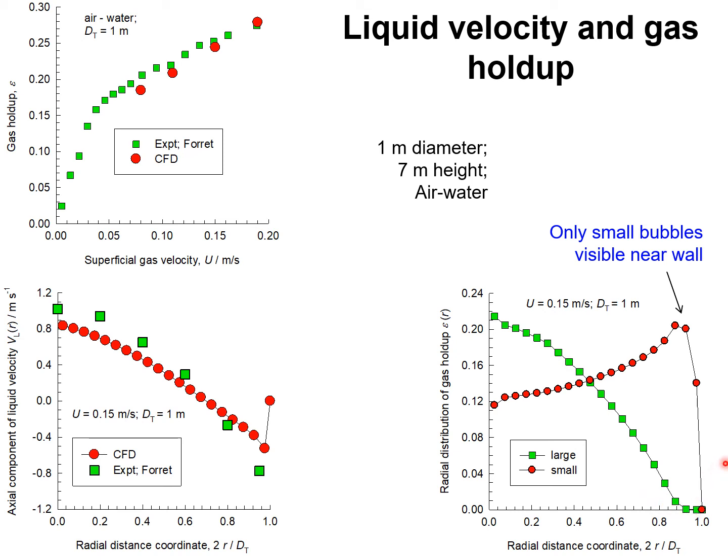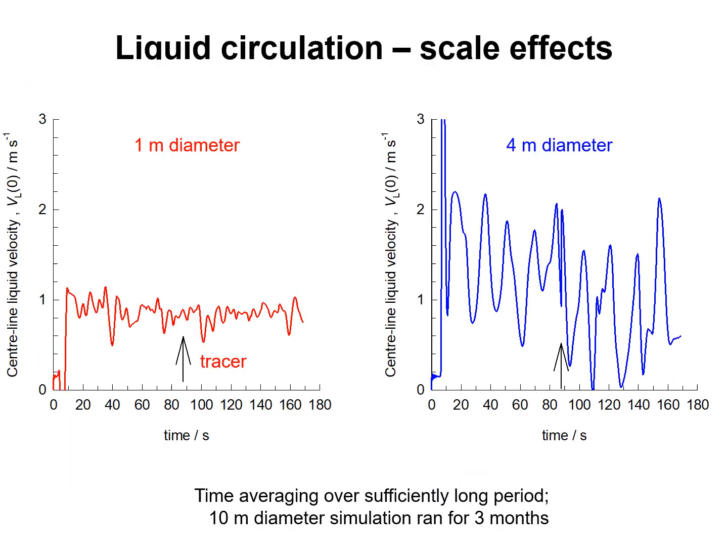So if we view the column from the sides, we only see small bubbles, and because of the downward velocity of the liquid phase, these small bubbles tend to be dragged downwards near the wall region. Since the Eulerian simulations tend to confirm the experimental data on gas holdup and liquid velocity profiles, we could use Eulerian simulations to understand